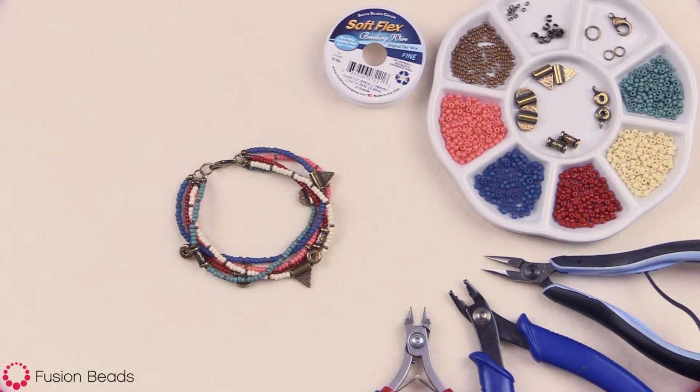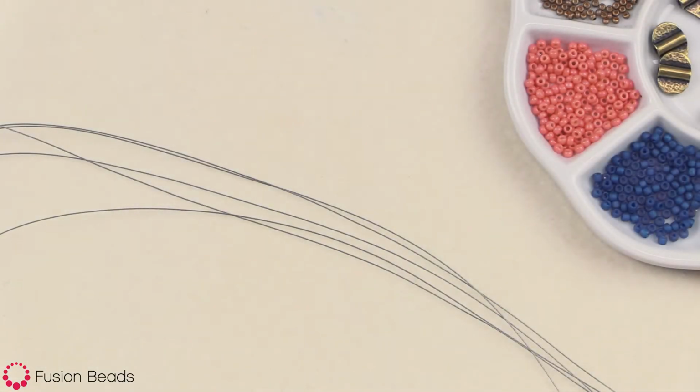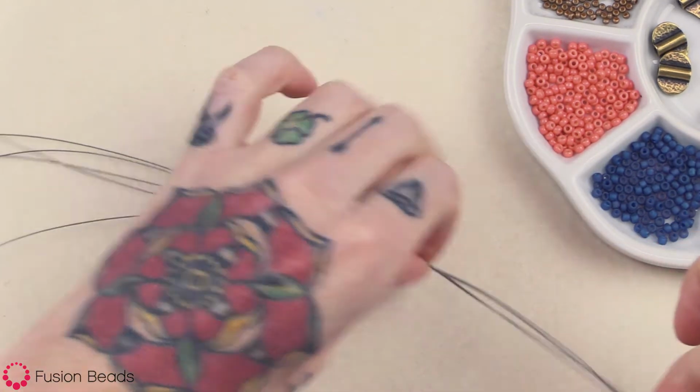Okay, let's get started. So to make the Sedona bracelet, first you want to cut 5 10-inch lengths of soft flex. You want to take one of those lengths